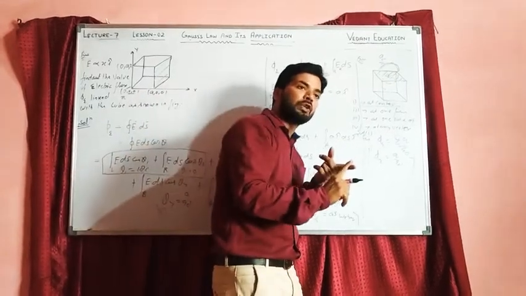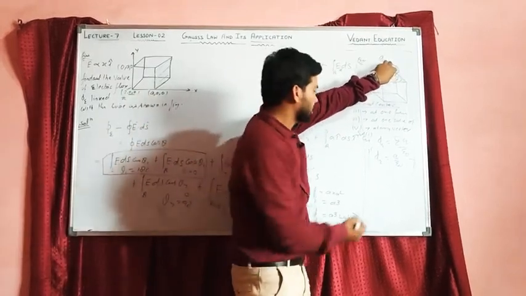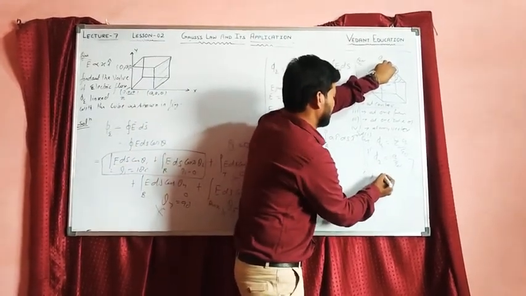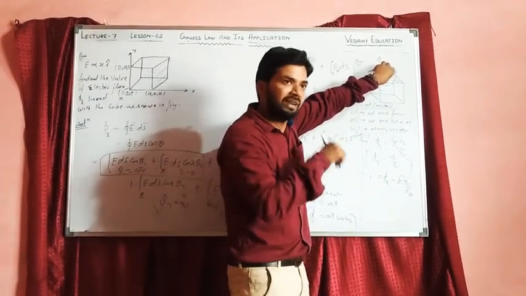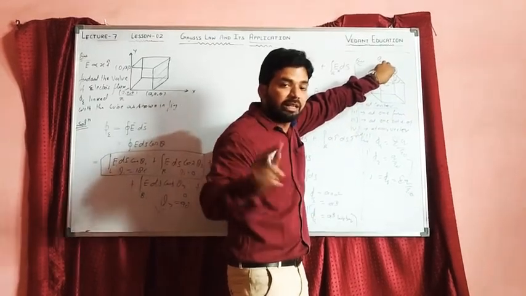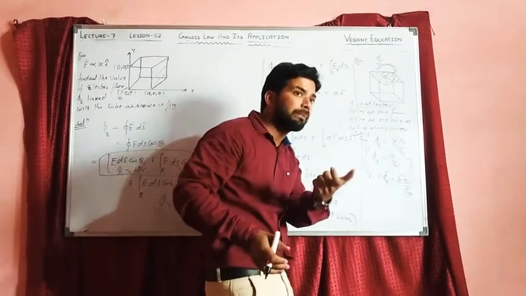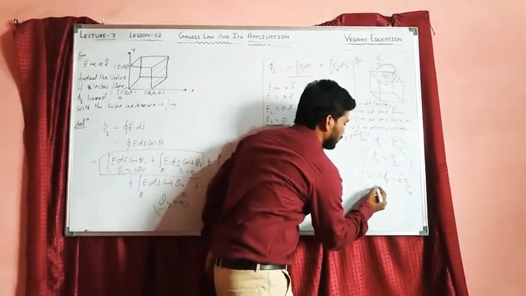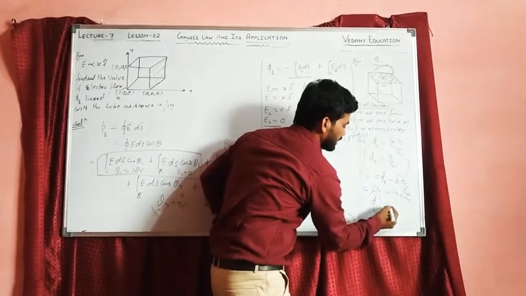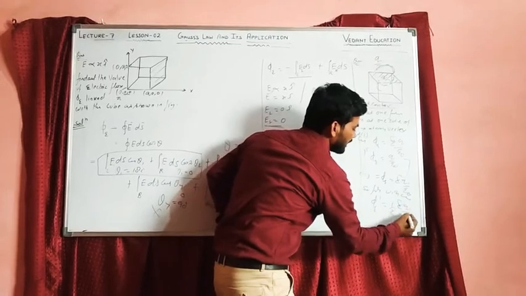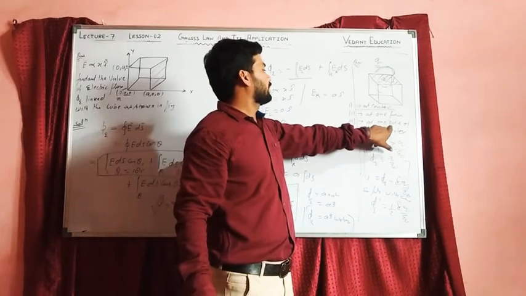Gauss's theorem says net flux linked with the Gaussian surface phi equals summation q by epsilon 0. But this net flux is from the Gaussian surface. What net flux do we want? From the cube. And how much portion of the Gaussian surface is inside the cube? Half portion. So flux linked with the cube will be phi E dash equal to 1 by 2 summation q by epsilon 0. Clear?